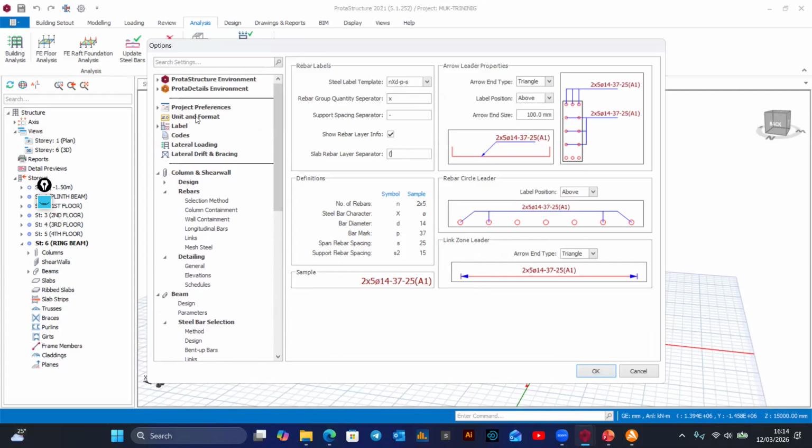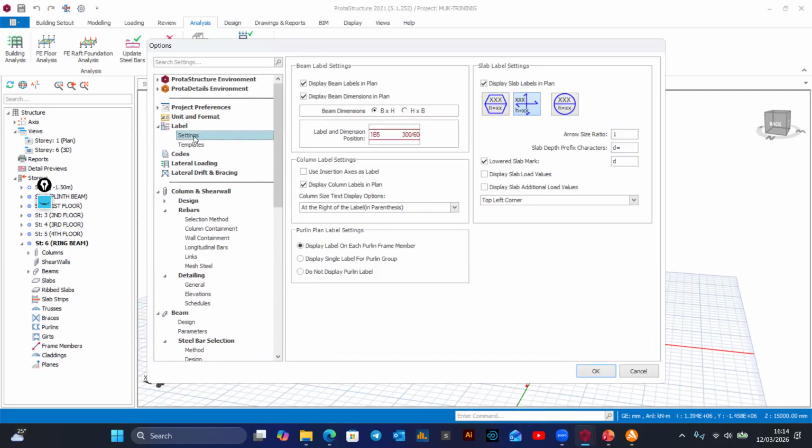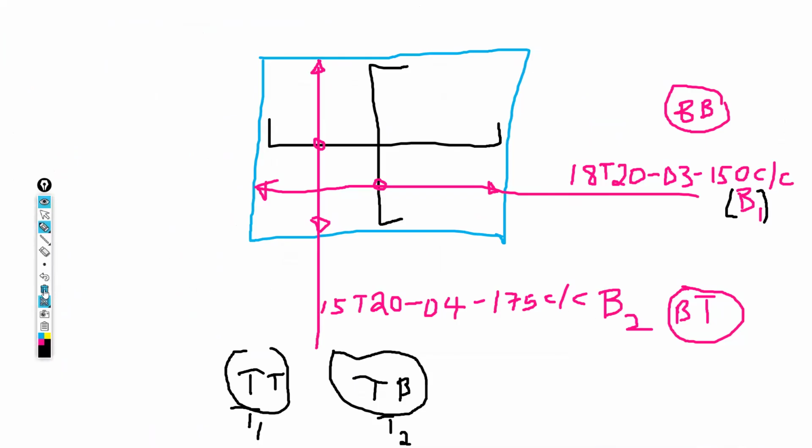Now, allow me to take you back slightly to label, okay? Expand label, under settings. Okay, under settings. If you have been noticing our detail,